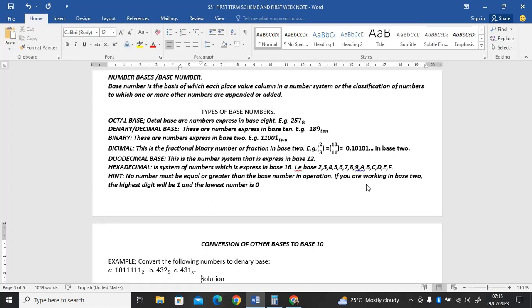We have duodecimal. Duo means duodecagon, that is 12. Duodecimal means number in base 12. We have hexadecimal, number in base 16. There are lots more than this, but you have to understand each of them. Once you understand each of them, you can tackle the rest. That is it. So when you are using hexadecimal,